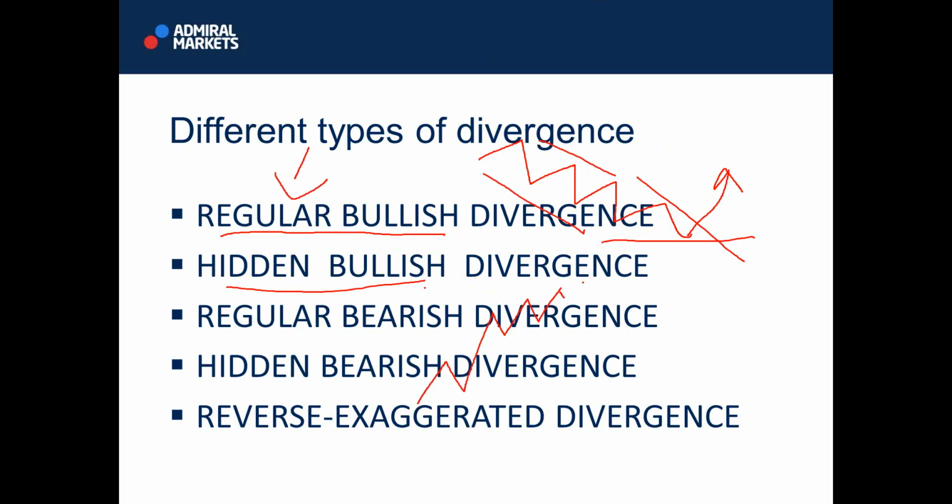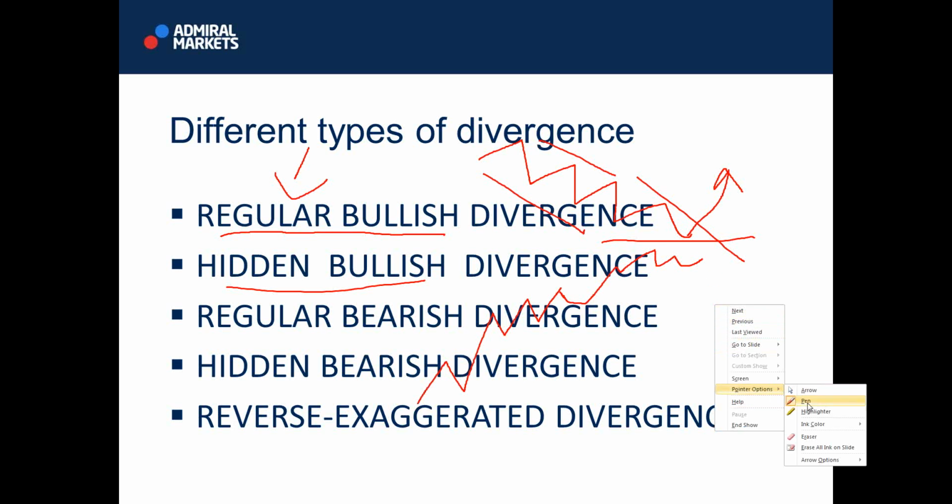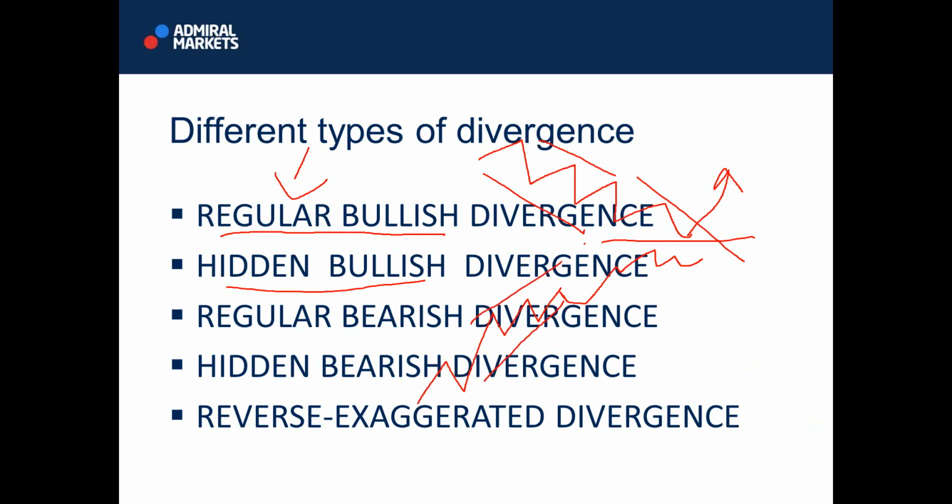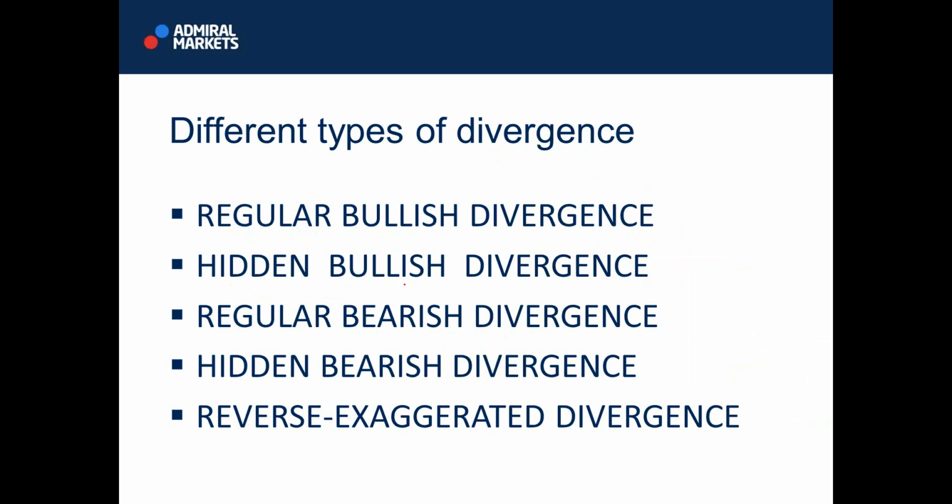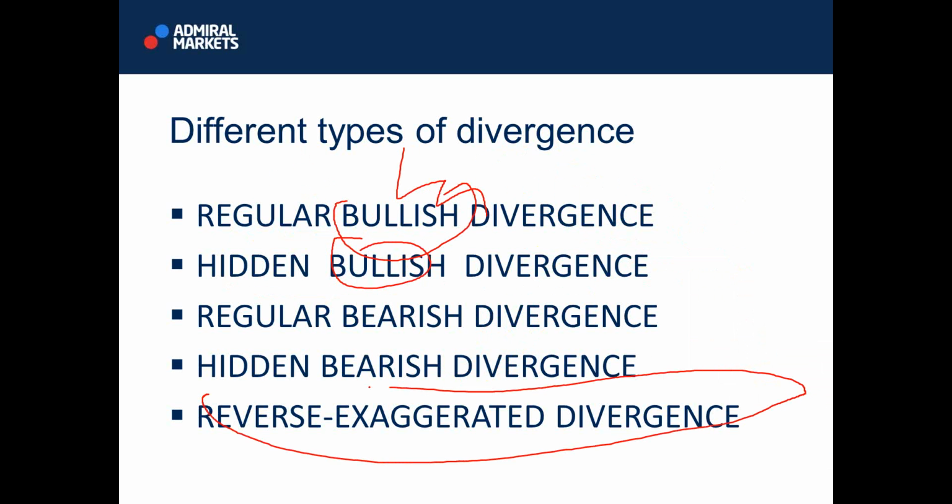That means that you can add to this position because the price will continue to go up. So again, we had an uptrend prior to hidden bullish divergence. Before any divergence happens, you need to have a downtrend for regular bullish, an uptrend for hidden bullish. And reverse, exaggerated divergence,